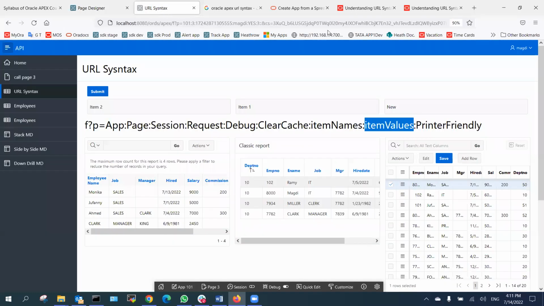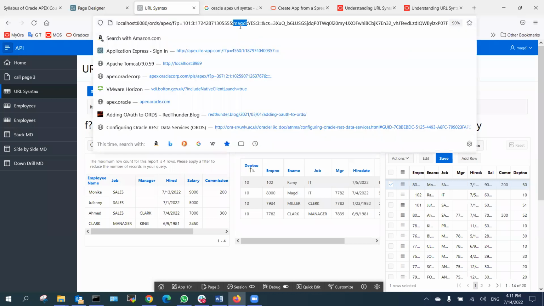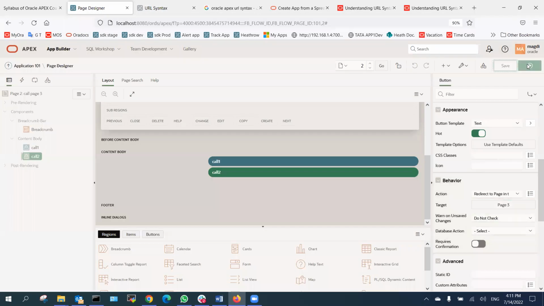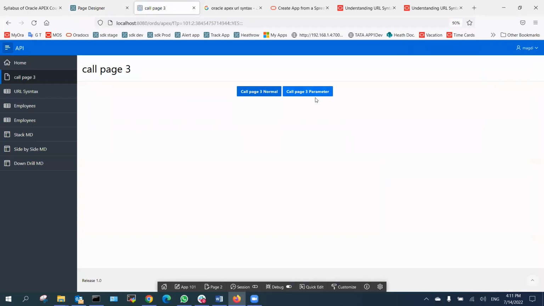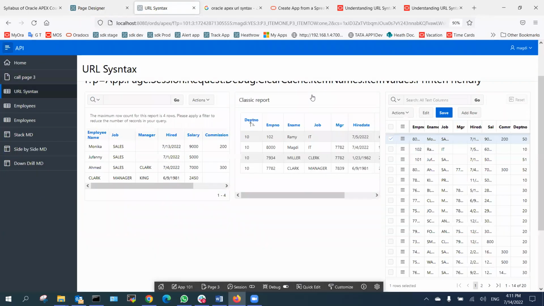If you noticed here, we just have MACD as a request and this as a debug, and you have the page number, and we don't have any other parameters. So let me do this. If I press and decode the page again,